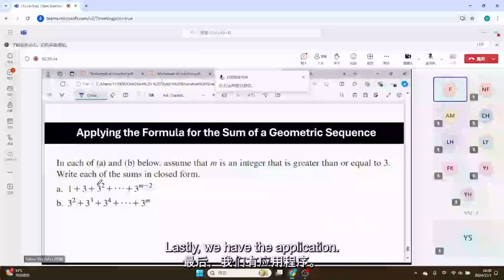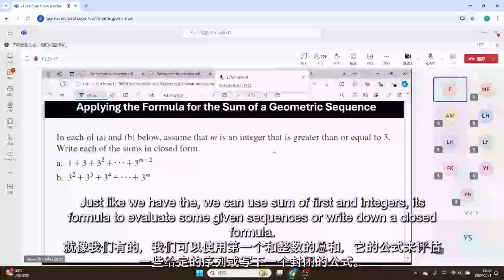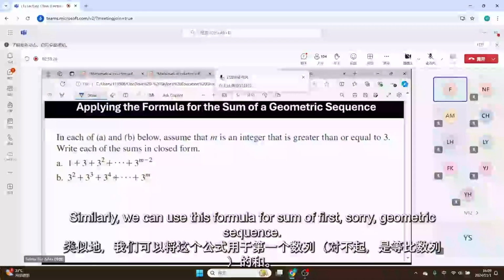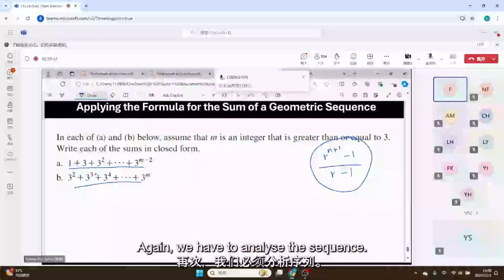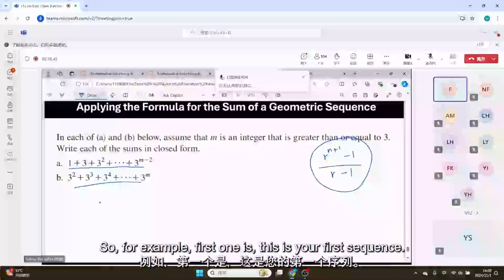Lastly, we have the application. Just like we can use the sum of first n integers formula to evaluate some given sequences or write down a closed formula, similarly, we can use this formula for the sum of a geometric sequence. This is the formula. We can use this to write down the closed form or closed formula for given sequences. Again, we have to analyze the sequence. Okay, so for example, the first one is